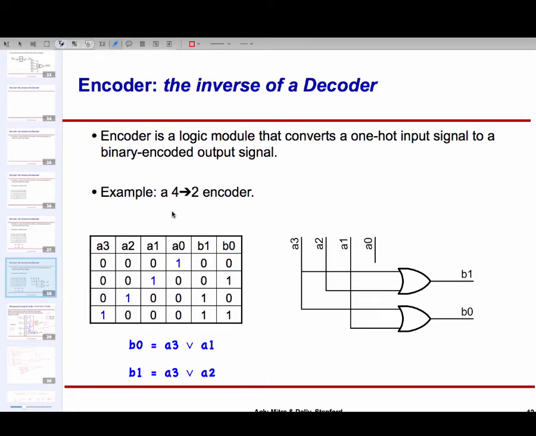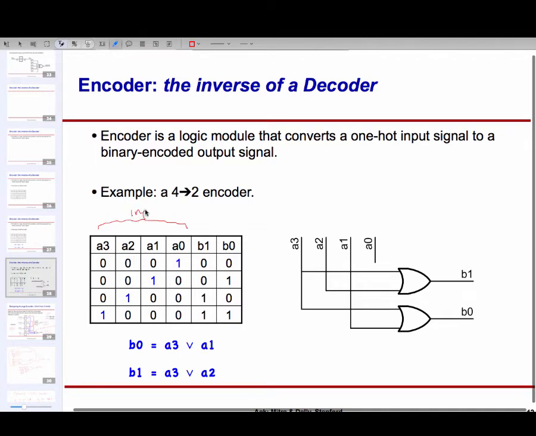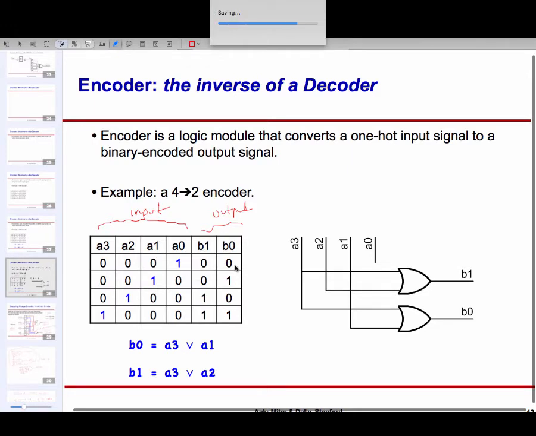In this particular truth table, this is the input and this is the output. It's basically saying that if A0 is high and the other A1 through A3 are low, then the output should be 0, 0. If A1 is high and the other 3 bits are 0, the output is 0, 1, and so on and so forth. So the input side is 1-hot, the output side is binary.